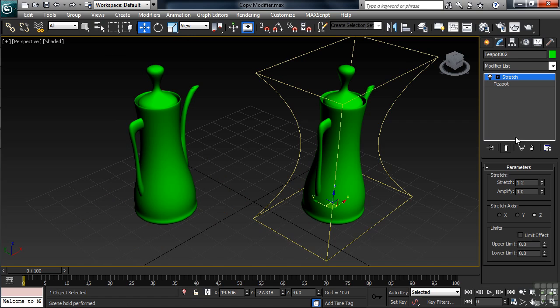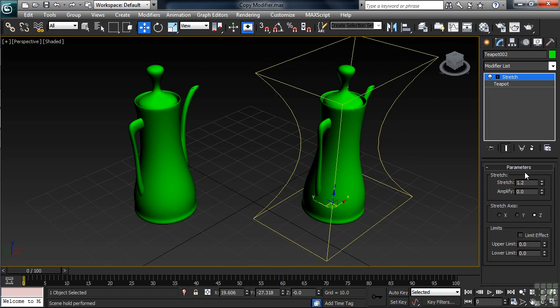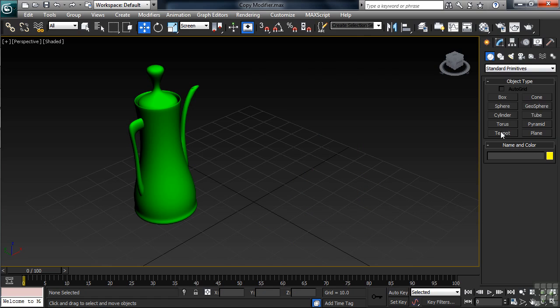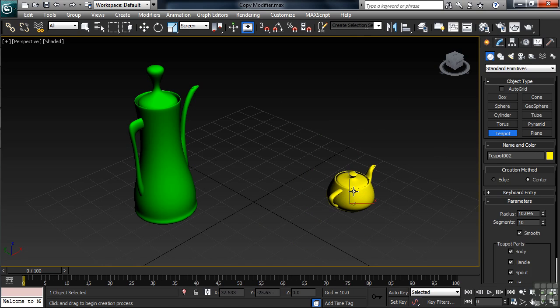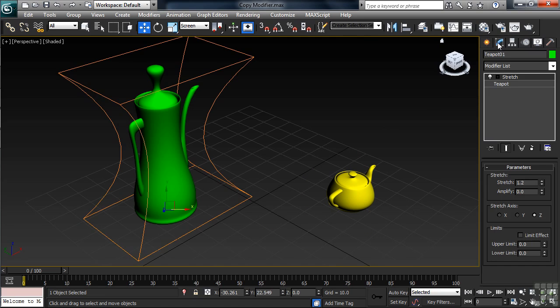Now, something else you need to be aware of is when you copy a modifier to another object, that modifier is going to have not just the same settings, but also the same size as it had on the original. Now, most times that's not going to be a problem, but there can be situations when it is. Let's go ahead and delete our second teapot. We're now going to make a smaller teapot in pretty much the same location. With that teapot now made, let's go back to the original and drag and drop the stretch over to the